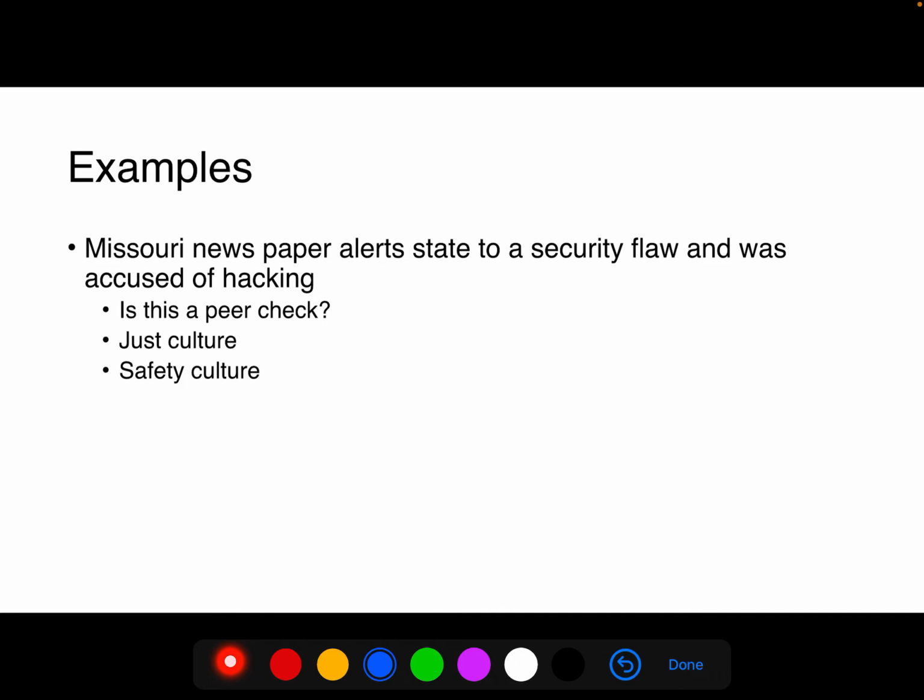So the next couple are just wacky things that I remember. So there was the St. Louis Dispatch, if I remember right, a prominent paper in St. Louis, Missouri. One of their reporters was essentially trying to get data from a government system. I believe it was on education funding or salaries or something, and came across an issue where within the HTML code, not directly displayed, but within the actual code, if you were to view source or inspect element in the web browser, it had exposed a bunch of people's social security numbers that were in this system. The newspaper called the government agency to say, "Hey, you guys have this problem,"